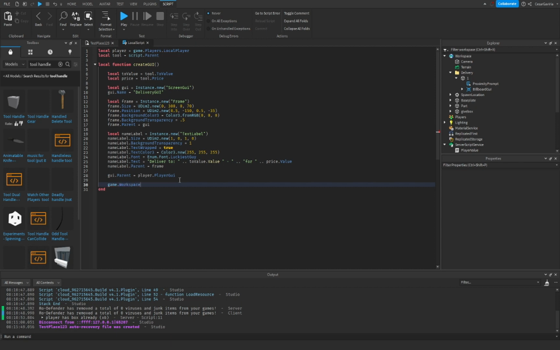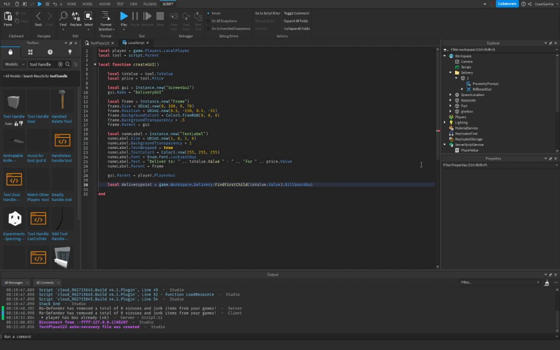I'm going to show you how to make the deliver here sign pop up whenever the player has the box in his hand. So we're going to say game.Workspace.Delivery:FindFirstChild, and then toValue.Value. This is going to tell us which delivery point the player has to deliver to, and inside each one of those delivery points we're going to have a billboard GUI. We want to make this a local parameter and call it local deliveryPoints, and then we want to set that equal to it, and then we want to go and